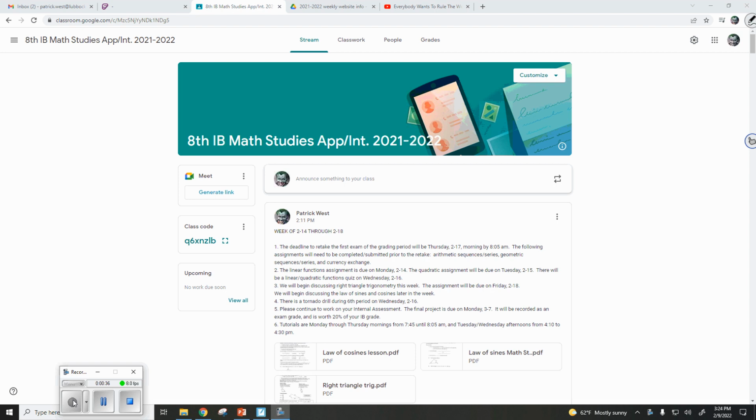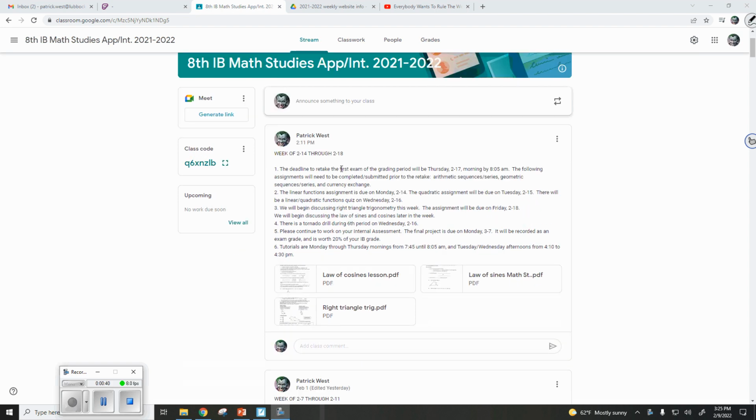I posted information for next week. If anybody's interested in retaking the exam, you have until next Thursday morning. I don't believe that applies to anybody in here. We just finished up linear functions. Instead of doing that last problem, we're just going to move on with quadratics. I know we had a quick review on quadratics prior to this. This goes into a little more detail about finding the vertex, maximum, minimum, things of that nature that we really didn't take a look at in the other one.